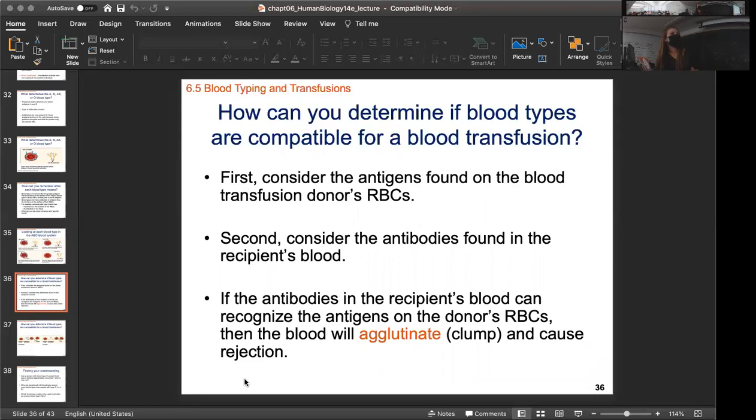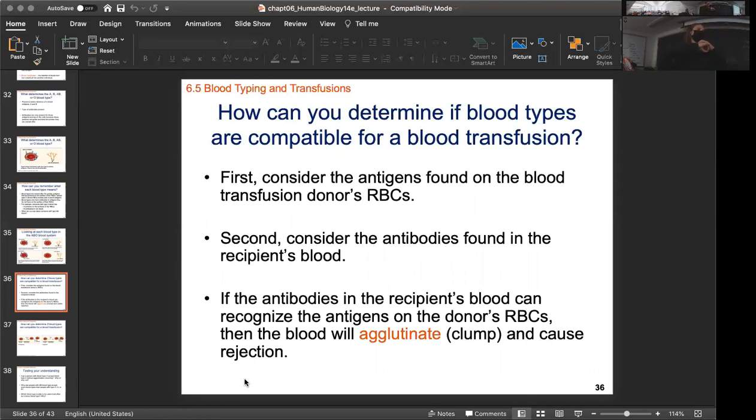So the next part, we consider the antibodies found in the recipient's blood. So the recipient, the person who needs the transfusion, what type of antibodies do they have? Is this going to fight it off if I put it into their blood? And then if the antibodies in the recipient's blood can recognize the antigens on the donor's red blood cells, then the bloods will agglutinate and clump and cause a rejection. So let me say that one more time. If the antibodies in the plasma of the recipient's blood can recognize the antigens on the surface,